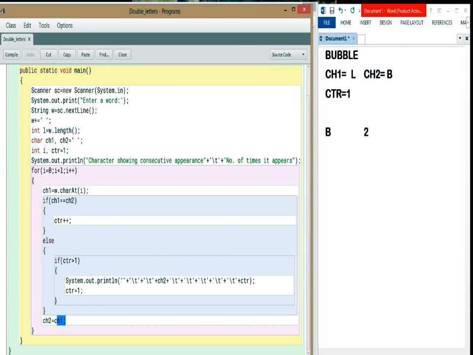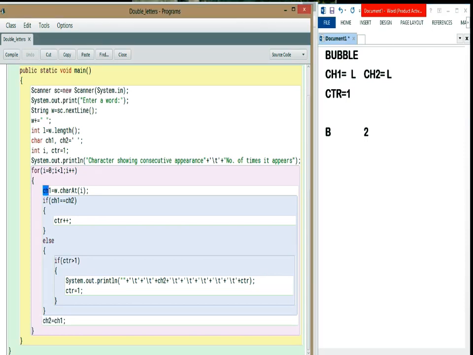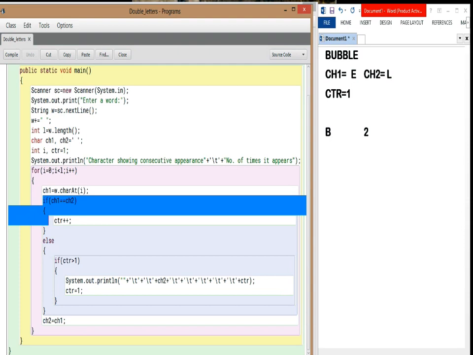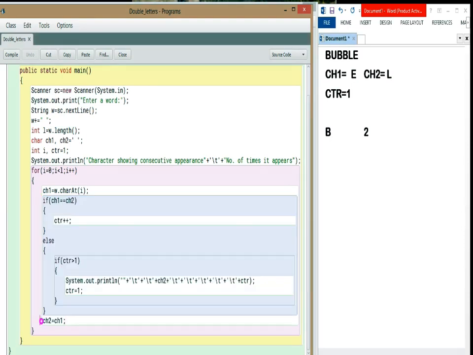Similarly, the next letter, ch1 will go to ch2, so it will become L. And next time this line will be executed, so ch1 will have the letter at position I, which is E right now, so this will be E. No execution of if and else.